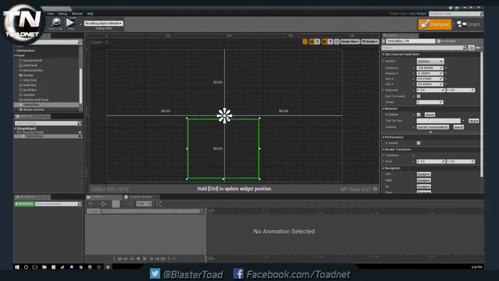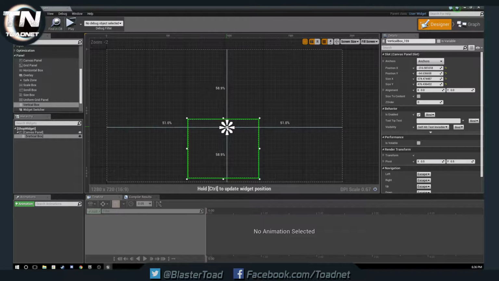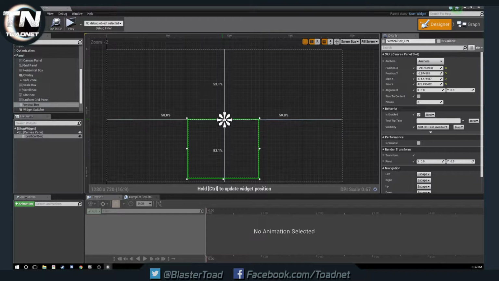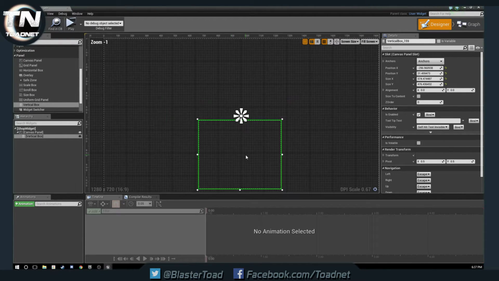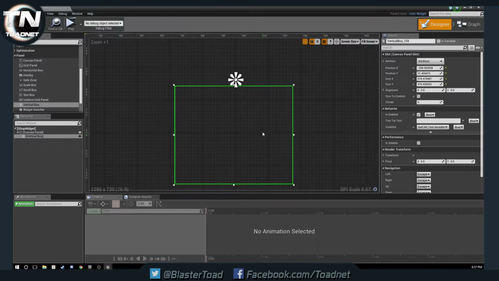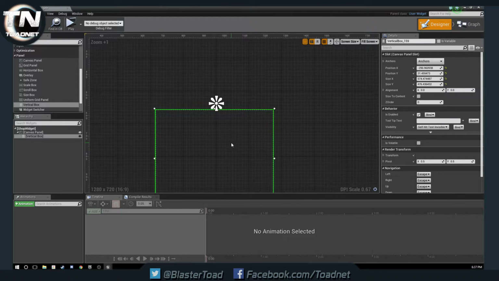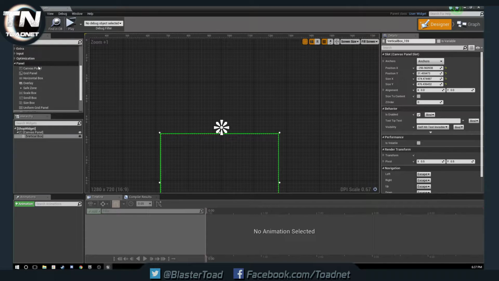So we are going to set our anchor point as close to middle as we can get it. There we go. Snap to middle. Perfect. So that way, no matter which size we scale our screen, that's always going to stay positioned to center as such. Okay. And that box is all we need for now. Maybe we'll do a